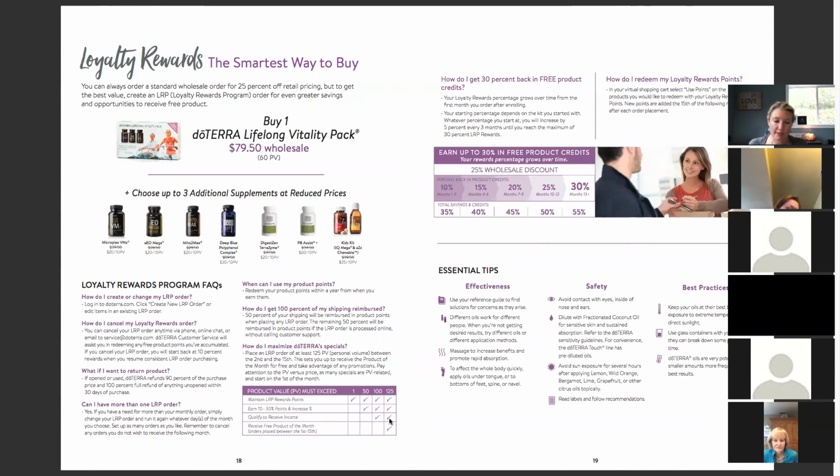They also have a free oil of the month. It's called free product of the month. You get that if you order 125 PV or more by the 15th of the month. So if you order before the 15th and it's 125 PV or more, doTERRA gives you a free product every month. We find out what it is on the first of the month, and that gets included with your order. For instance, this month, it's a bottle of rosemary. So if you order 125 PV by the 15th of the month, you're going to get a free bottle of rosemary